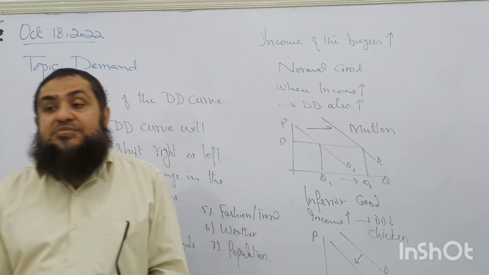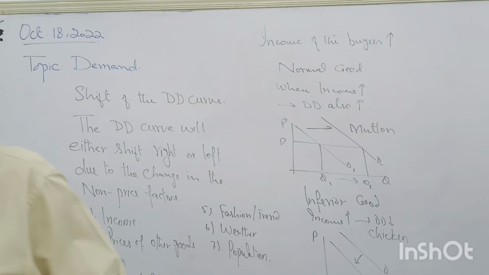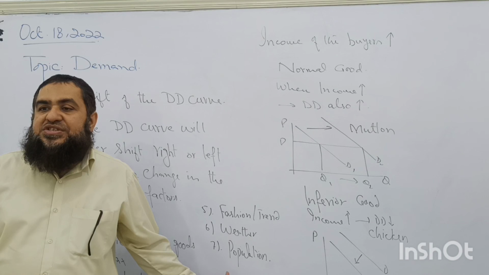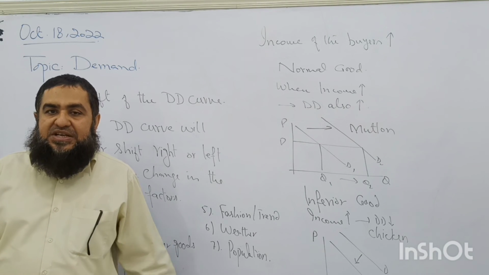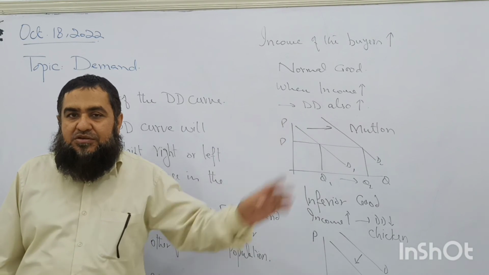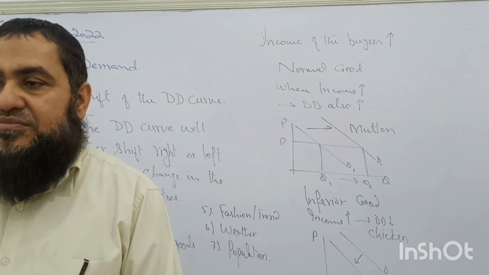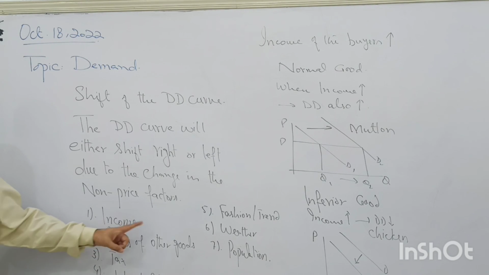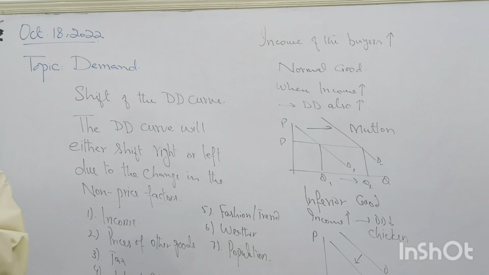Old-fashioned cars demand has decreased. We don't have old-fashioned cars right now because the demand is no more present. And what about population size? Over the period of time, we see population of the countries increases, so demand of many goods will increase. Clear? So I left one factor over here, prices of other goods. I will explain this factor tomorrow because it involves two products, substitutes and complements. I will do this tomorrow and